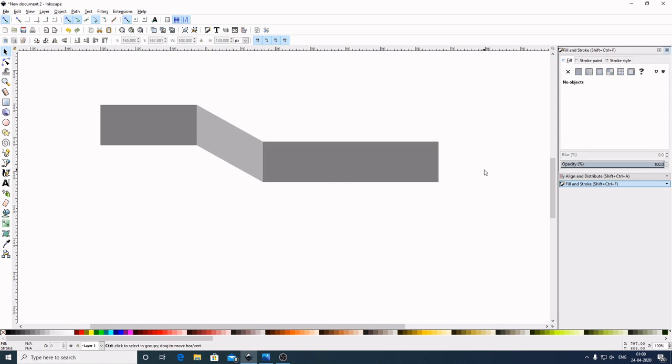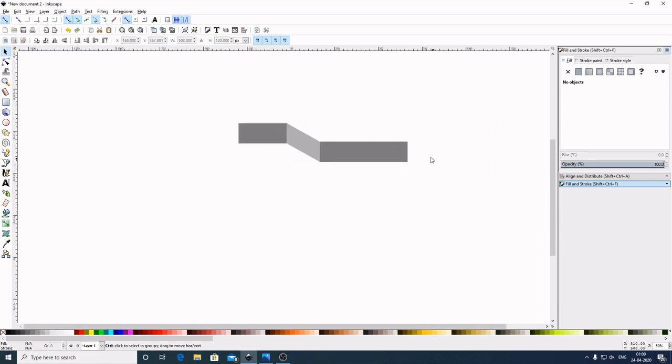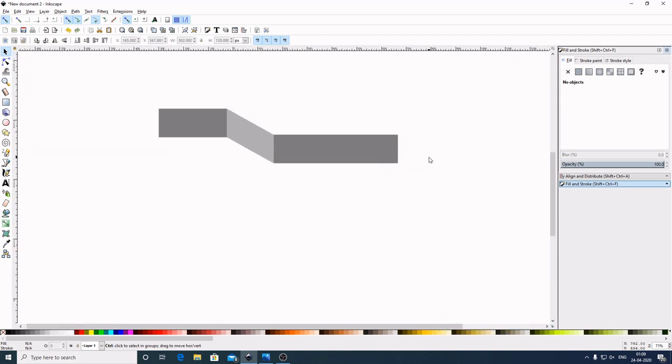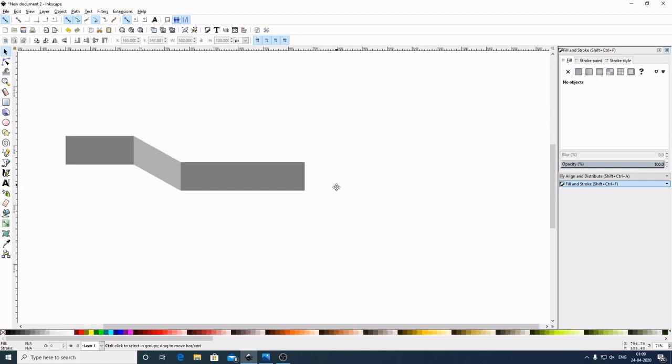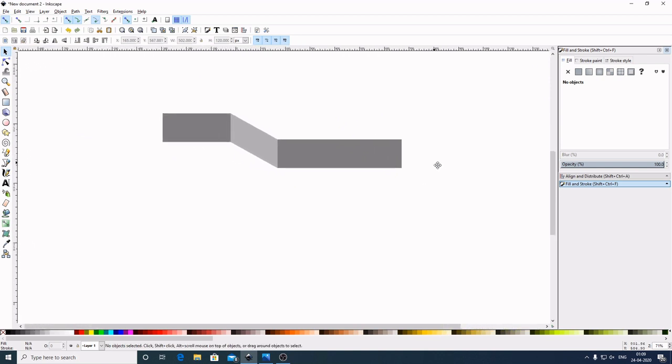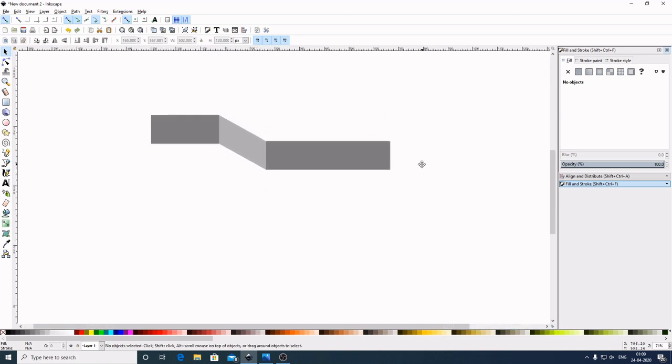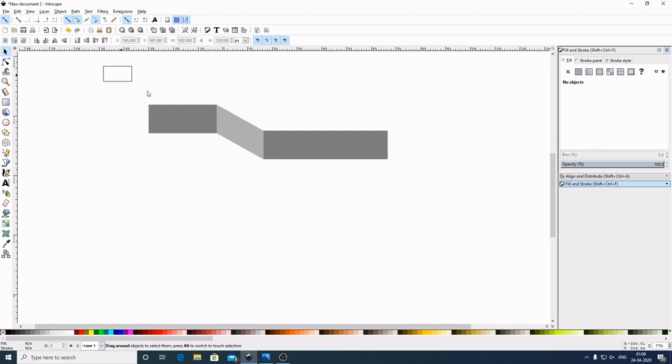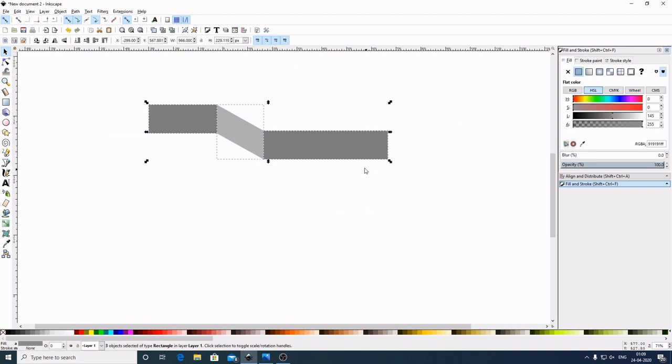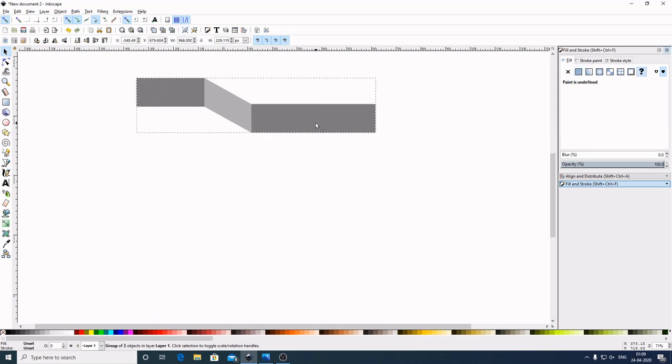Now I will zoom out. To zoom in and out like this, we can simply hold Ctrl and scroll the mouse. To drag like this, hold Ctrl and right click on the mouse, drag wherever you want. Now I will drag over this whole graphic and come here and select this group selected objects. Now place it here.